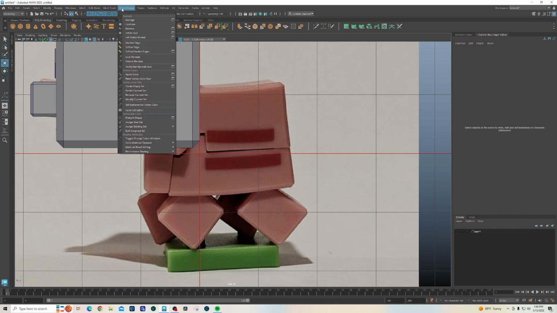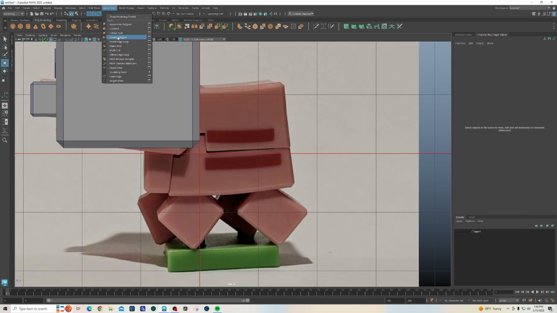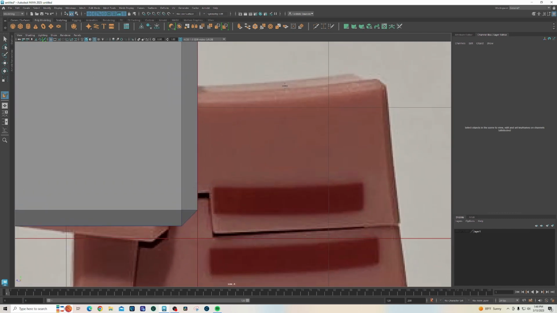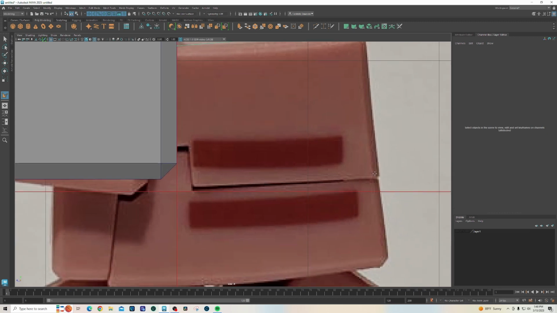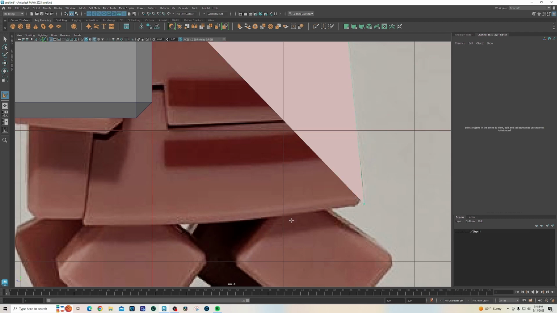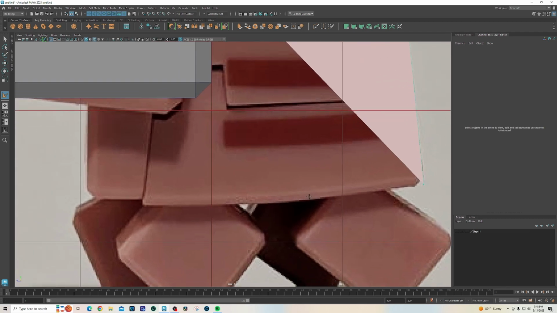Same thing, same exact tools that I like to use. Create polygon tool, especially for this kind of custom shape. I'm using the outside edge, and let's get started. So we'll go up top, in between that bevel, and then we'll go right about there. And I don't know if our pig is actually a little bit curved, so let's put